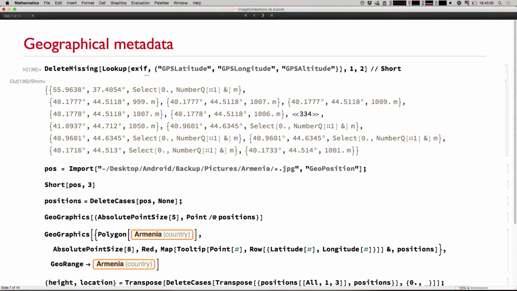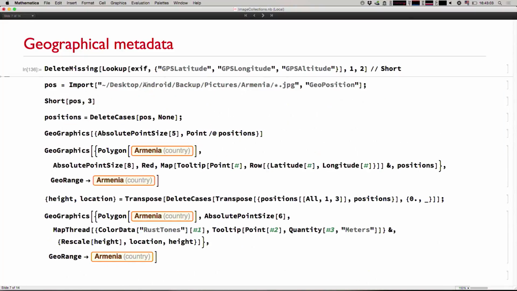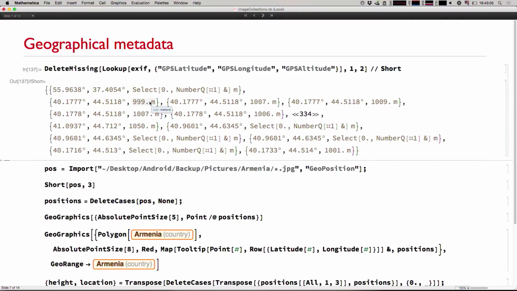Oh, yeah, no, of course, this is not going to fix this. The other one is going to be fixed. So the point is, you can of course import from the EXIF tag the latitude and longitude and GPS altitude, but then you have to fix your reference system. Like, if you check the EXIF,